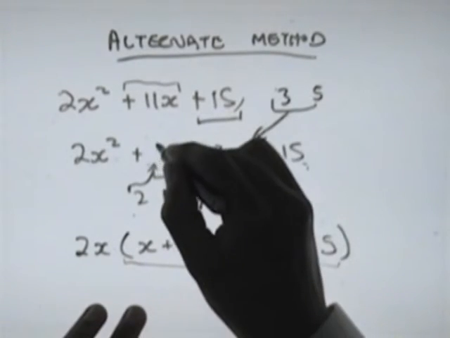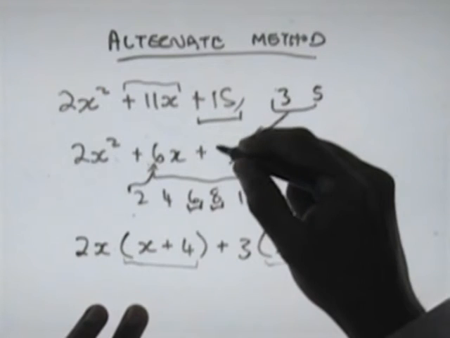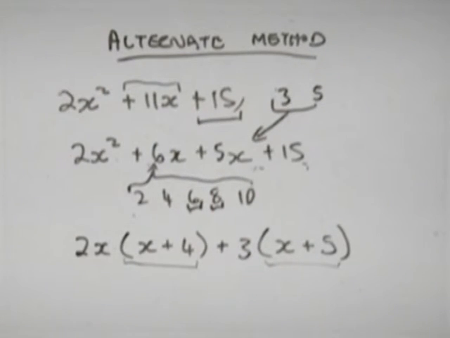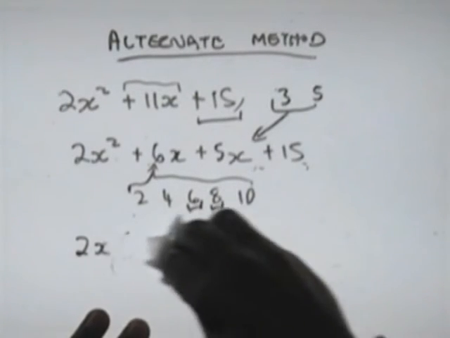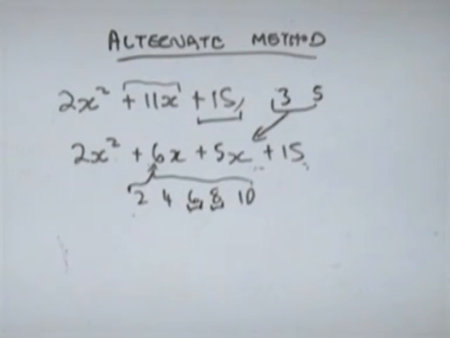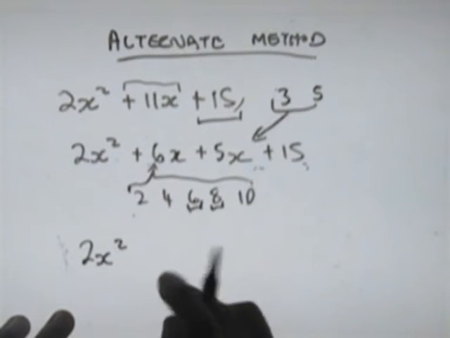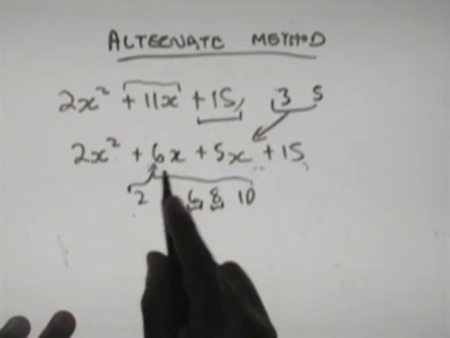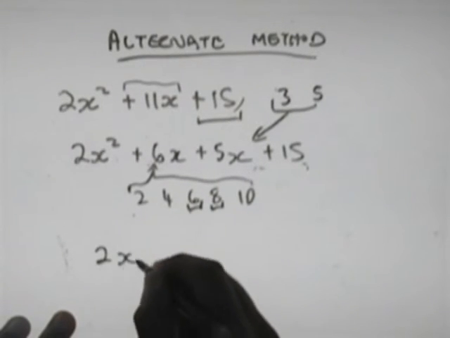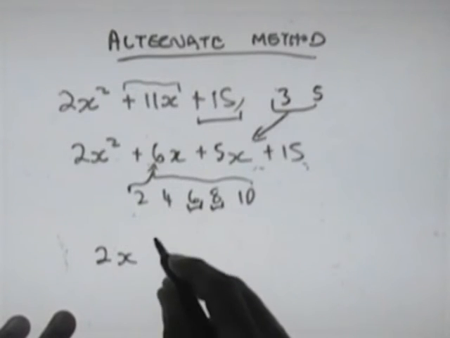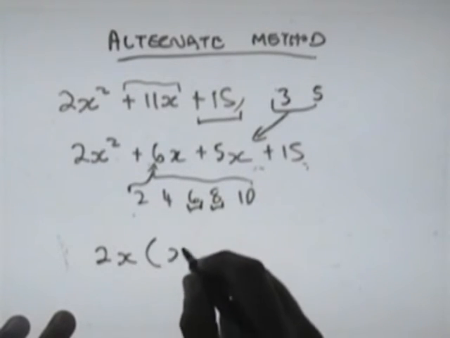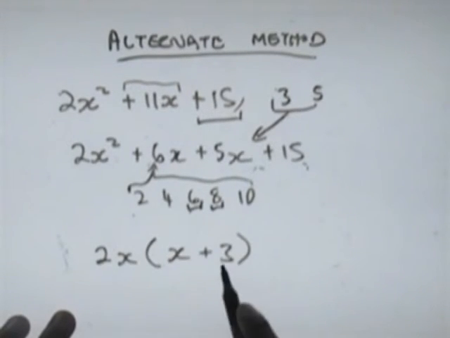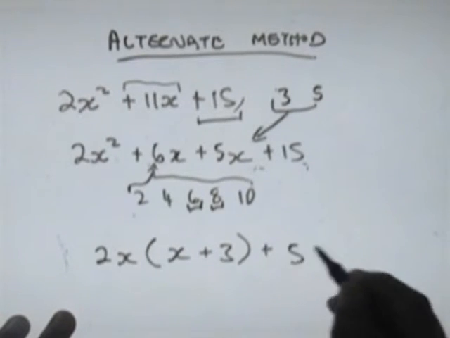What if I turn this into a 6x and I turn that into a 5x? 6x plus 5x gives us 11x. Let's have a go at this one here. This will become 2x squared. Sorry, not 2x squared. 2x squared and 6x, I can take a common factor of 2x out. 2x into 2x squared goes x times, plus 3. 2x into 6x goes 3 times, plus 5x